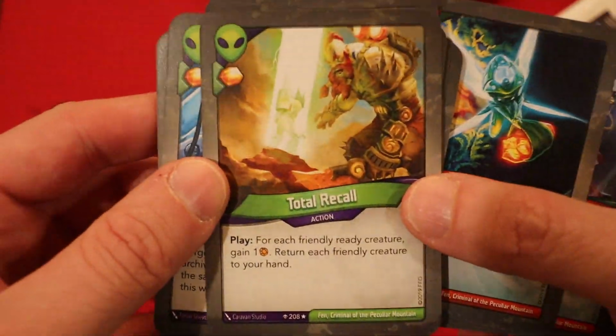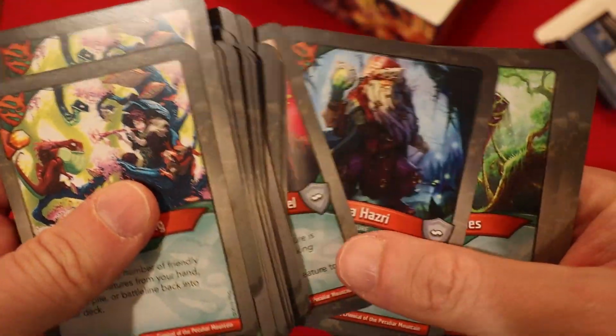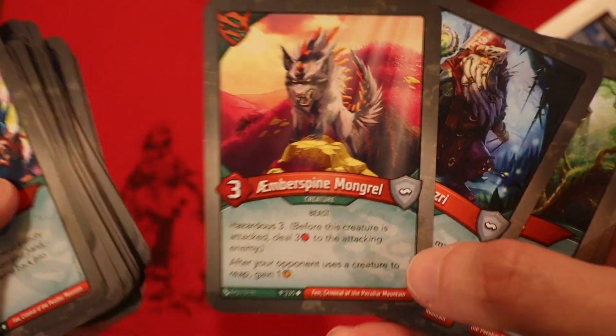Oh, and that Total Recall. Whoo! Decent amount of play effects in here too. That's pretty nice. So, I mean, see, even something like Amber Spine Mongrel, that might actually be another Amber, but we won't count